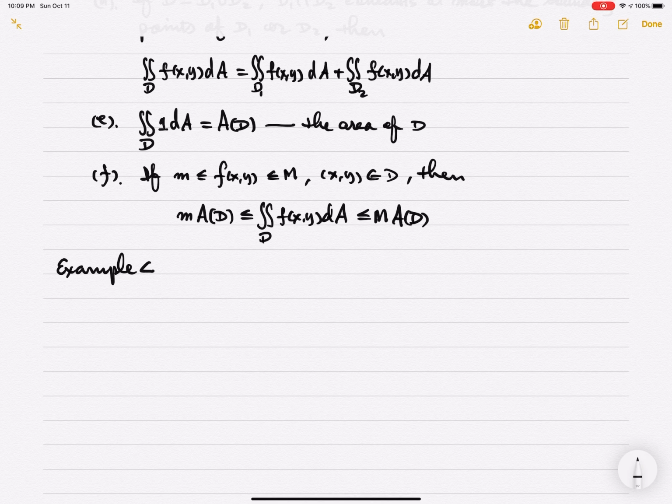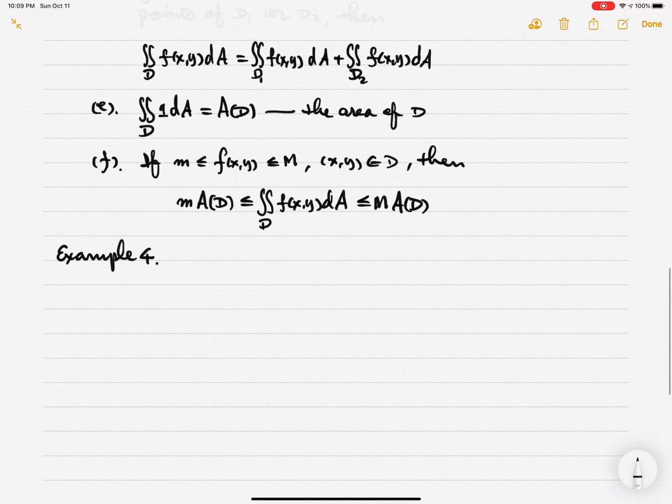Example 4. Okay, we say evaluate this simple double integral. The integral is just a y. And then we say where